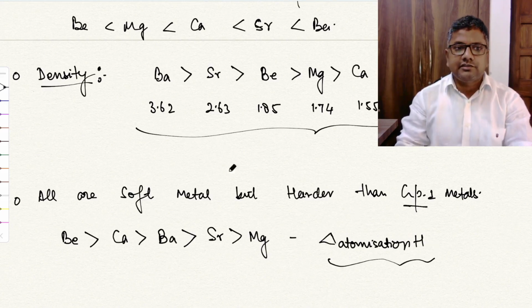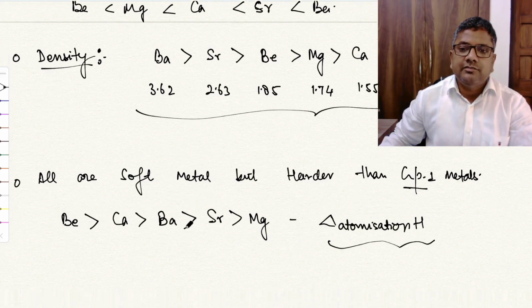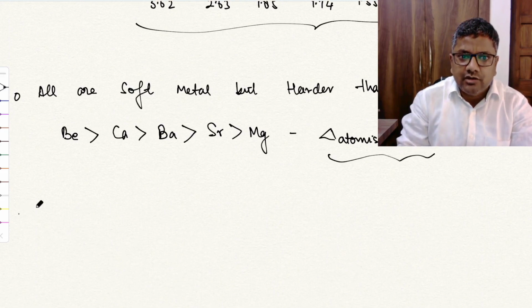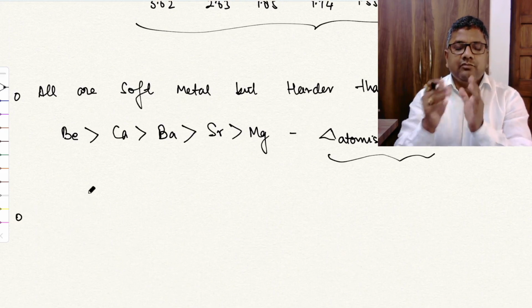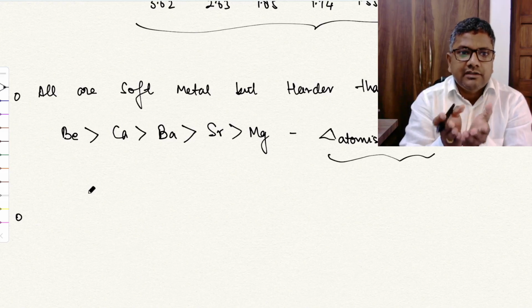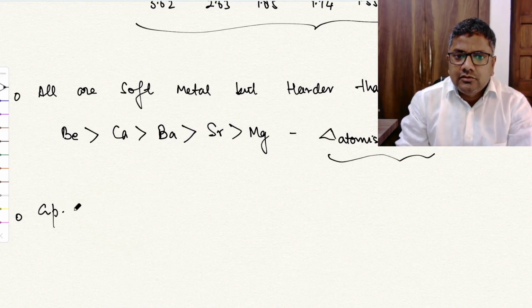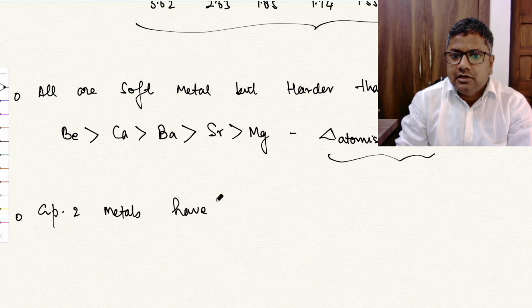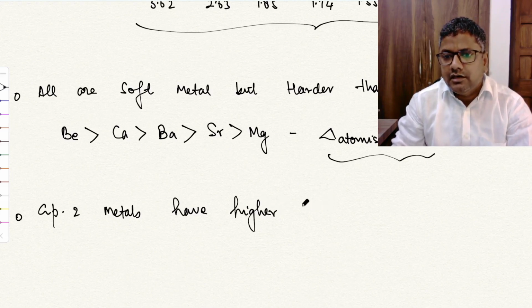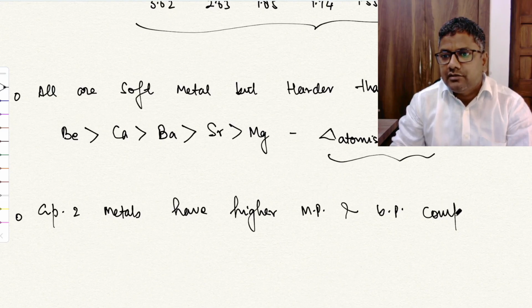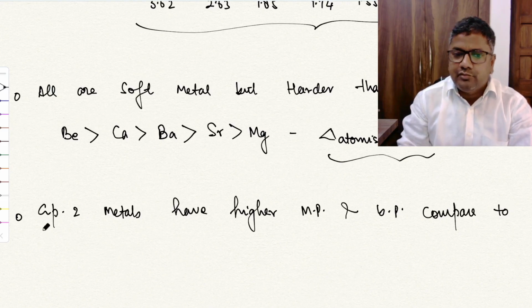Order. So this is in the same group. Now see, melting point and boiling point, no regular pattern is there. Although they have low melting point, low boiling point, they have higher than the corresponding group 1. So group 2 metals have higher melting point and boiling point compared to group 1